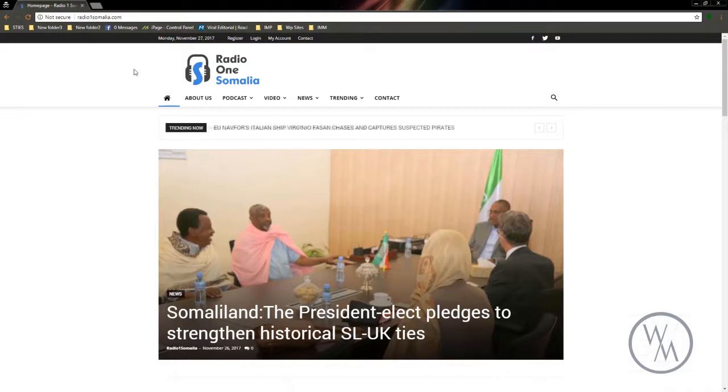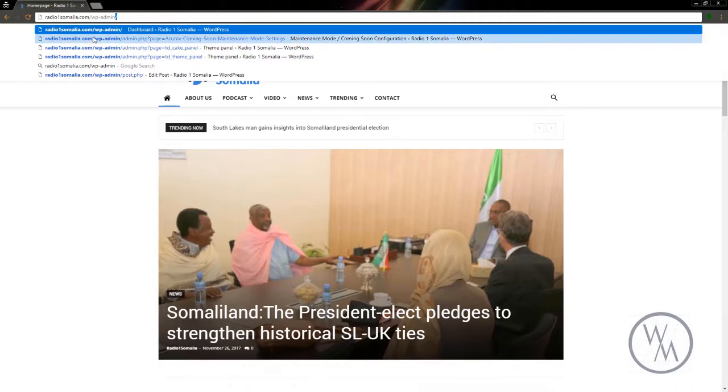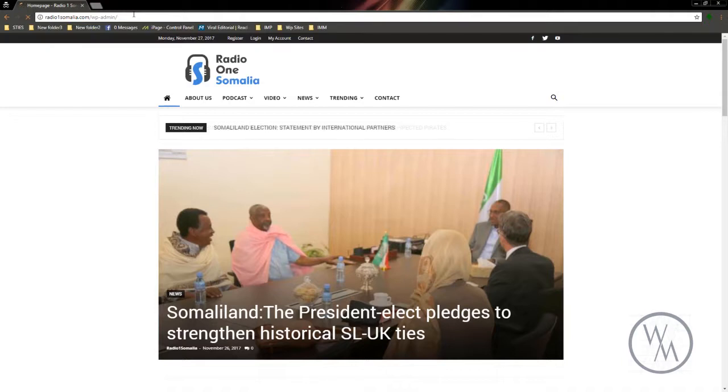In order to do that, all you have to do is in the URL bar, go to radio1somalia.com/wp-admin. WP admin is a code to go to the backend of the website. As soon as you enter this one,